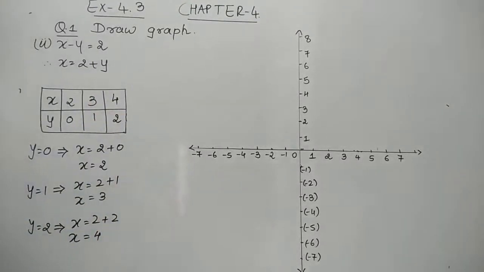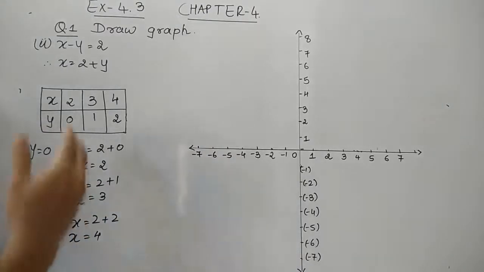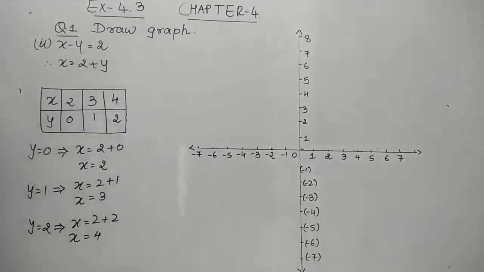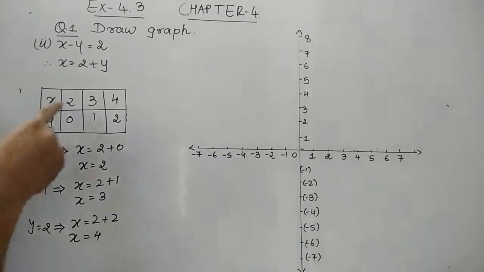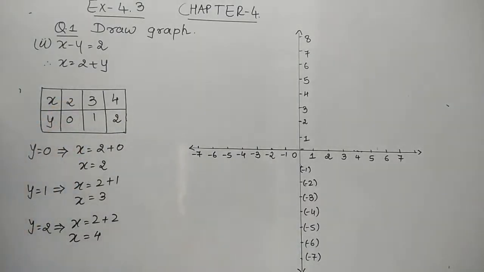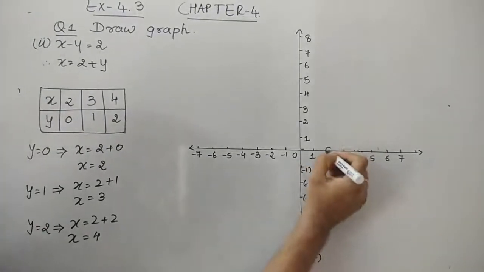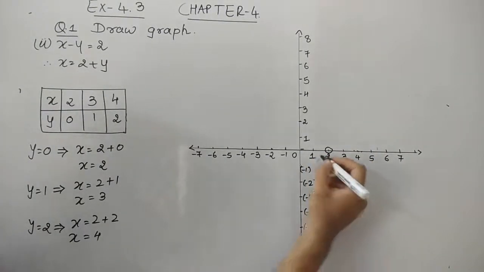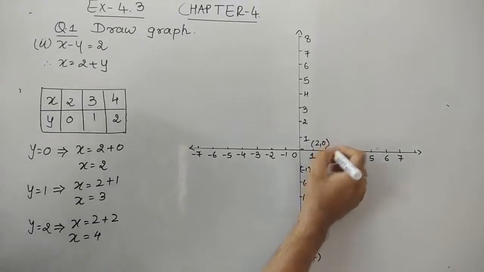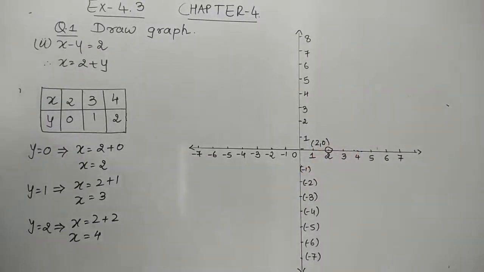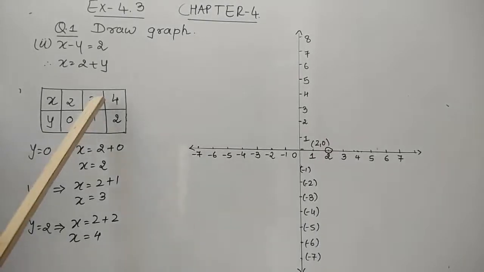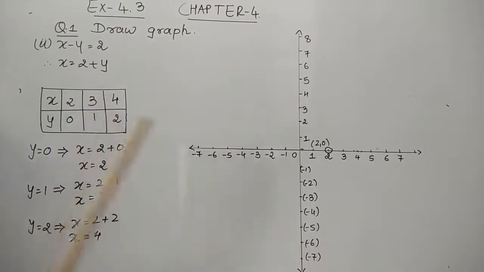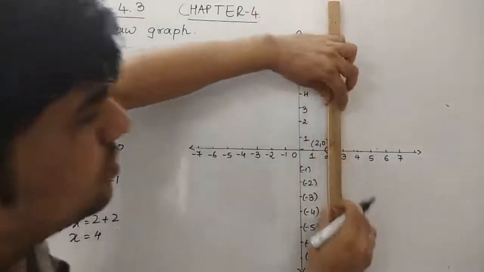So as we discussed earlier, we require at least 3 coordinates, which we have obtained. Now let us represent these 3 coordinates on the graph paper. So the first coordinate is 2, 0. Again the coordinate is 0, y, so it should be represented on the x-axis. So this is the first point and I'll say it is 2, 0. Now the second coordinate which I have to represent is x 3 and y 1. So now let's see where exactly that point is supposed to be.